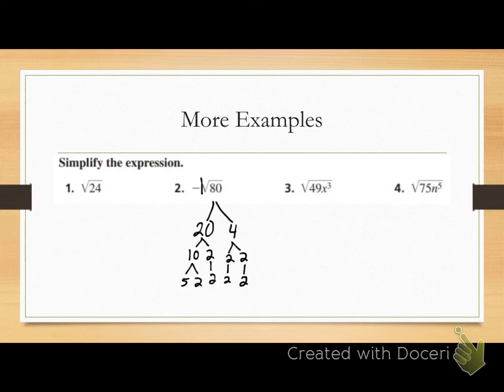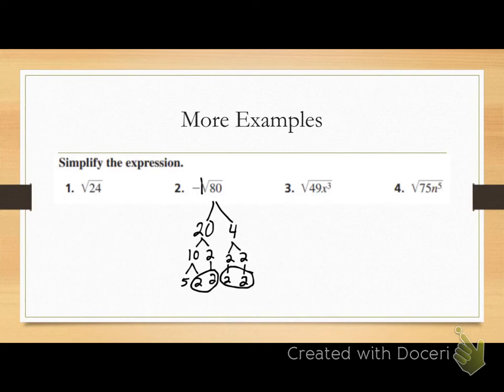What is the index of my radical? 2, so I'm looking for pairs of numbers. What do I have a pair of? 2's. What do I have another pair of? Do I have any other pairs? No. So what am I pulling outside of the radical here? 2 and